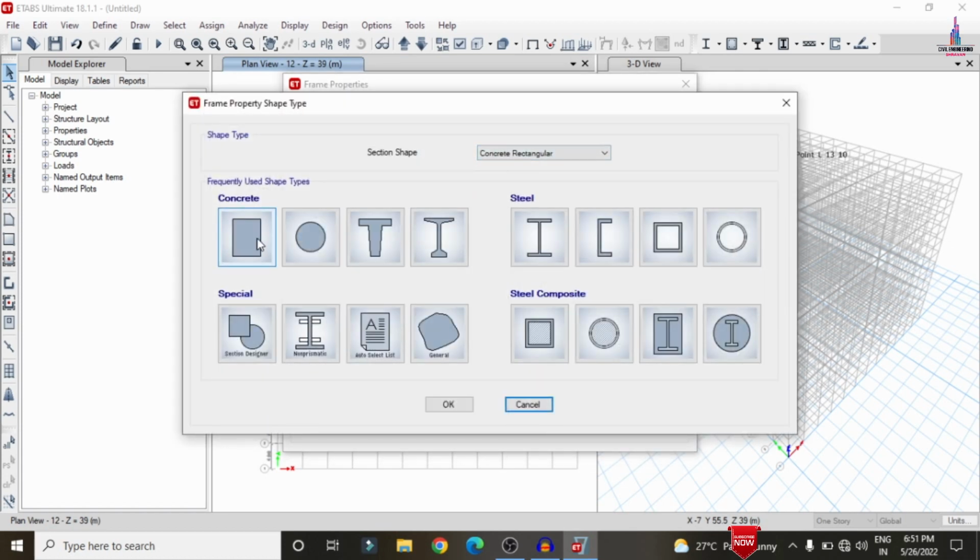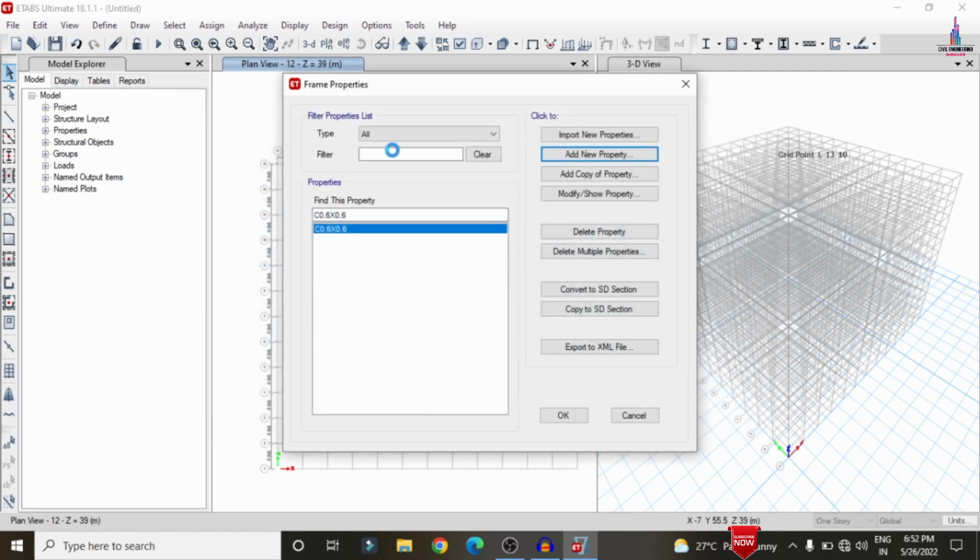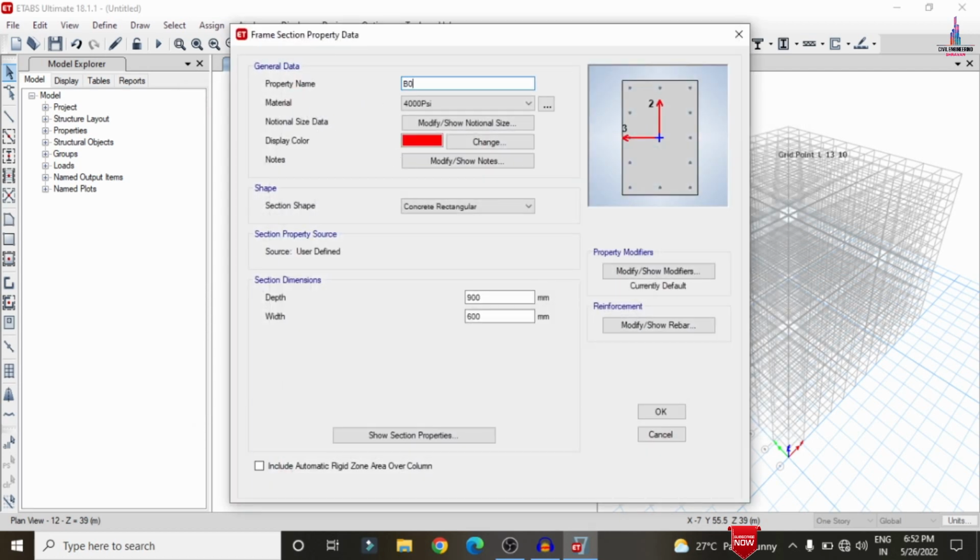Now we have to add the beam section. So select the rectangular section again. Again I am selecting the beam, which consists of 0.6 cross 0.35 as per my example. Here we have to select the material property, which will be of M40 grade provision. Here we have to consider the depth to be more as compared to the width of the particular beam section. So for that I am selecting the depth as 600 and the width as